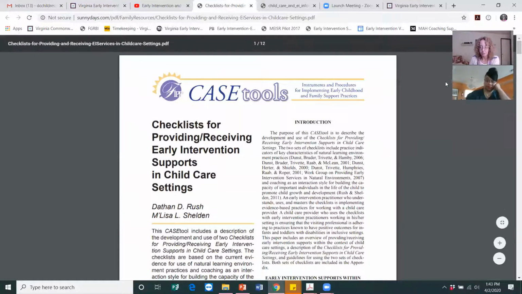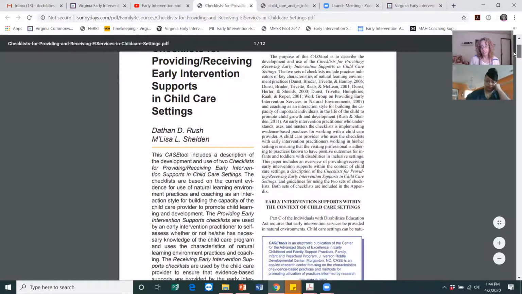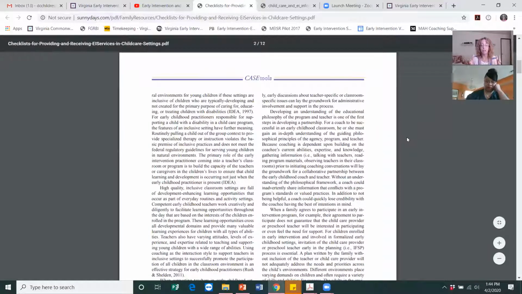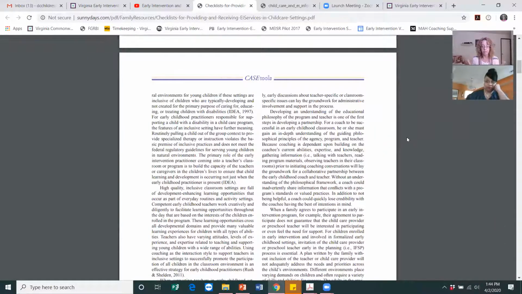So this is a case tool article. It's written by Dathan Rush and Melissa Sheldon, kind of our gurus with coaching, right? One of the things I love about this resource is it's geared towards those of us providing early intervention services and the child care providers who are receiving it. So they have information in the article content for both audiences. They talk about coaching, natural learning environment practices, and what it looks like when we're working in inclusive settings where everybody is supporting the child who's eligible for early intervention's ability to participate and join the routines of the